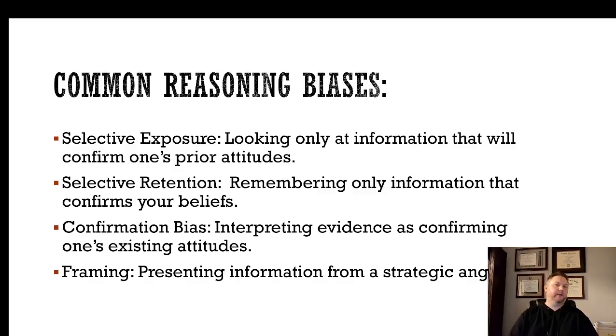I think this one's really interesting, and again, this one happens a lot. What confirmation bias is: you already have an opinion, like you think A, and you get information that's kind of ambiguous, right? It could be A or B, and you interpret it as A because that's what you want to believe,